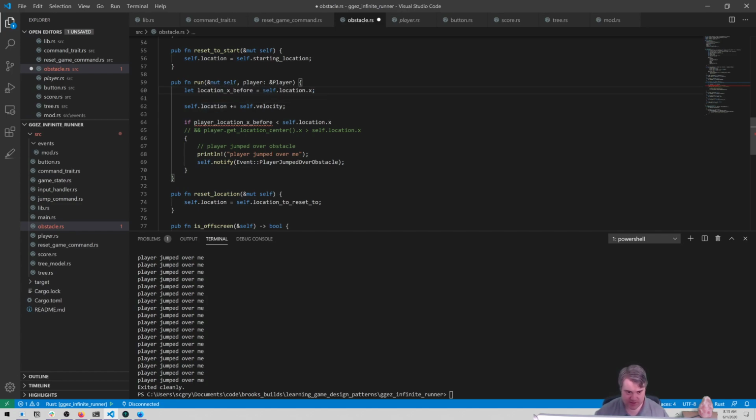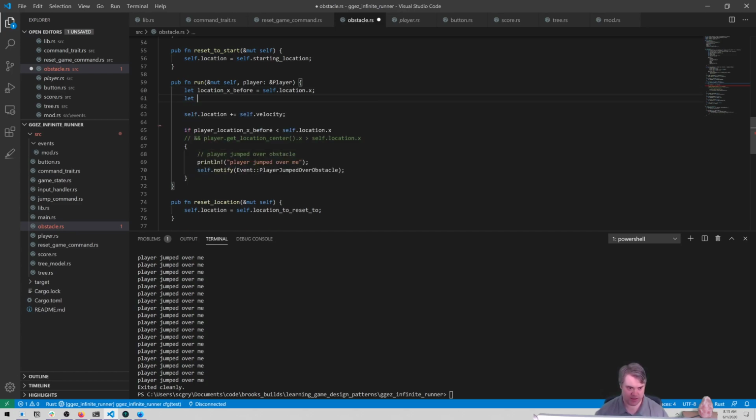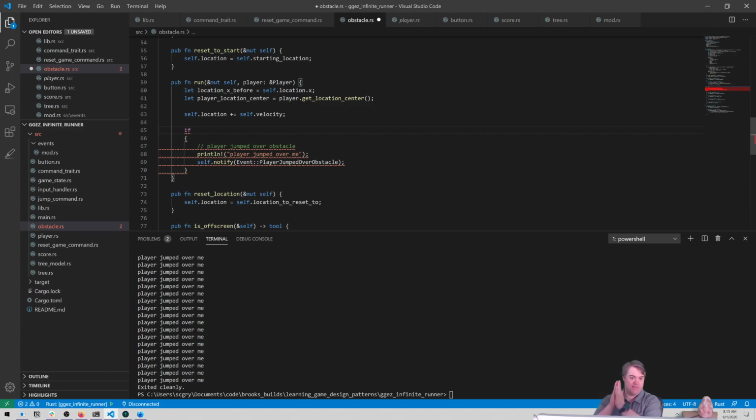Then we're going to update ourselves. And we want to say, okay, if we are to the right of the center of the player. So we don't need to get that center of the player twice. So we'll just do player location center equals player.get location center. We update our location. We're going to have to update this entire if statement here. So if we're the obstacle, if we are to the right of the player, and then we're to the left of the player,